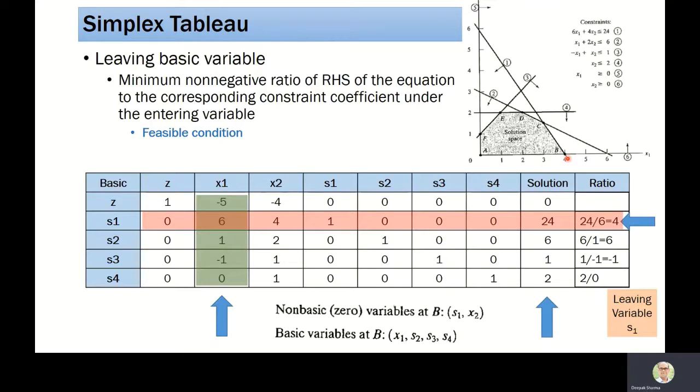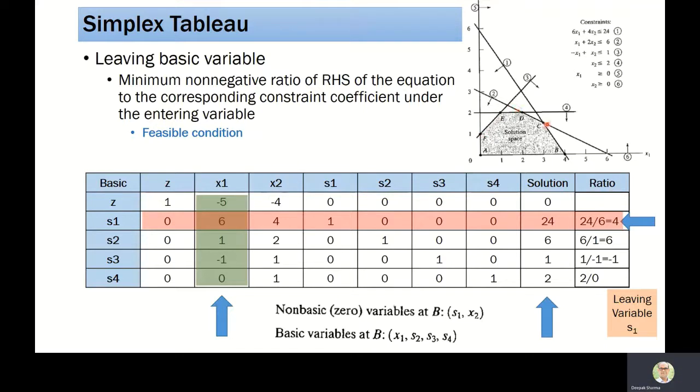I'm again repeating, since we found that x1 is going to be the entering variable, we will take equation number 1. This is constraint 1. We will find the point of intersection of equation 1 with the x1 axis. Why? Because it is the entering variable right now. So I get a point B. Now look at the ratio 4. So I get 4. Now equation number 2, look at it visually.